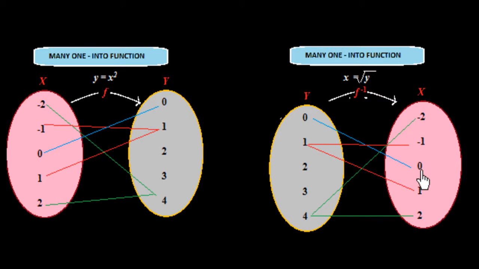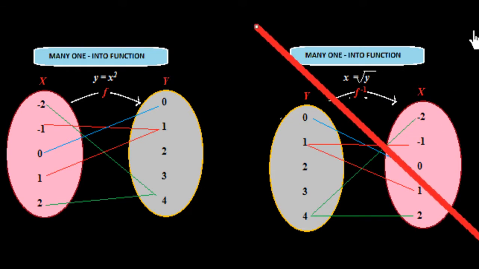So you see here the same conditions apply. There are two rejections here. One is that there are some elements which are not associated with x in y. You see 2 and 3 are not associated in x, and there is no unique element of y associated with x. For 1 there is minus 1 and 1 here, and for 4 there is minus 2 and 2. So this rejects the invertibility of this function, so I cross this function also.